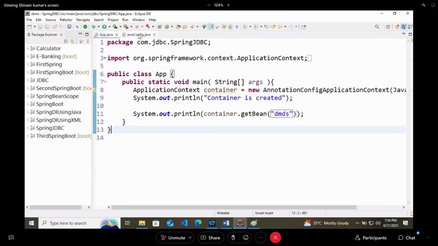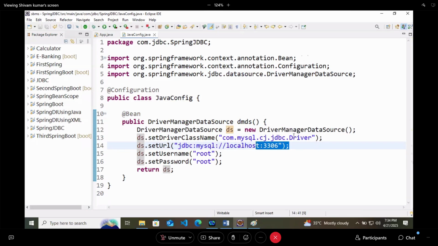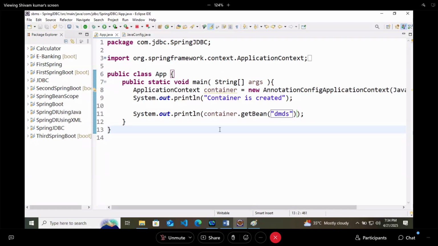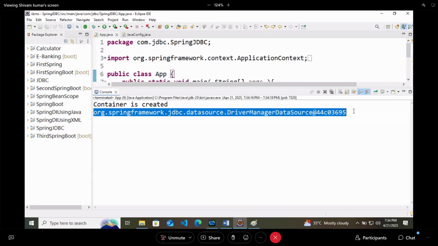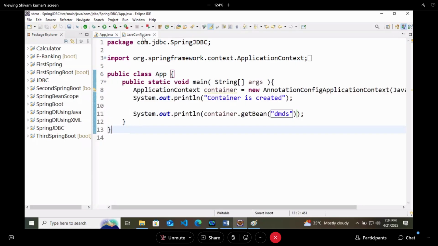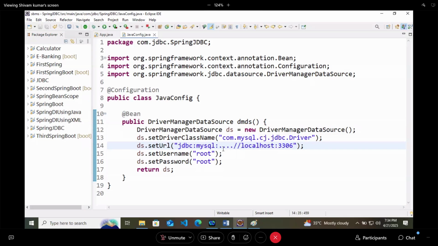Let's try to write something wrong. Here I will do some extra things. Run it. Again, we are getting the same thing. But actually this time it is wrong, right? This link is wrong, and even though this link is wrong, we are not getting any error.